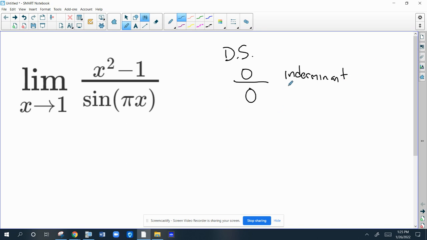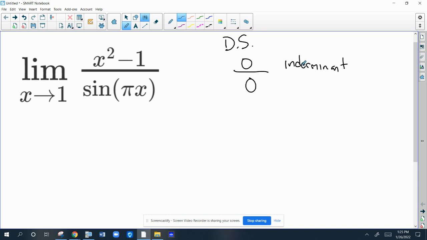Anytime you get 0 over 0 or plus or minus infinity over infinity, you can use L'Hopital's rule. So that's what we're going to try. To do that, you just take the derivative of the top and the bottom, and the limit's going to be the same. So this original limit would be the same as this new limit,